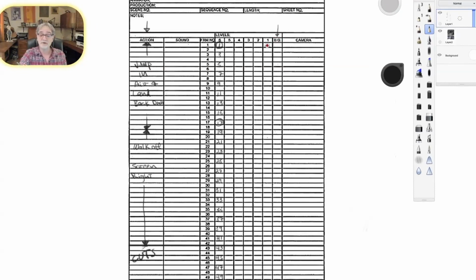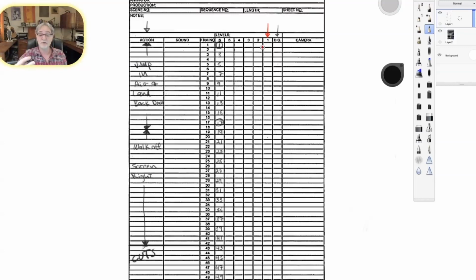But I'm going to use this column right here, column number 1, and this is where I'm going to do all my animation of the character. So I know that if the character is jumping up and down quickly from frame 1 down to frame 17, I'm really going to have to make that 18. I'm going to put it all on ones. Ones you use again for the fast action.